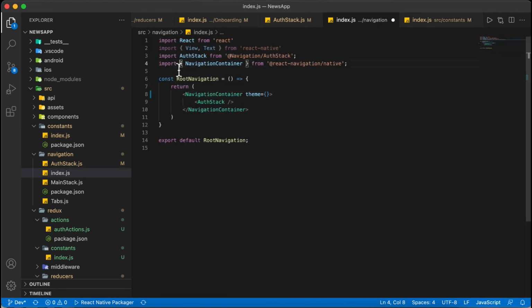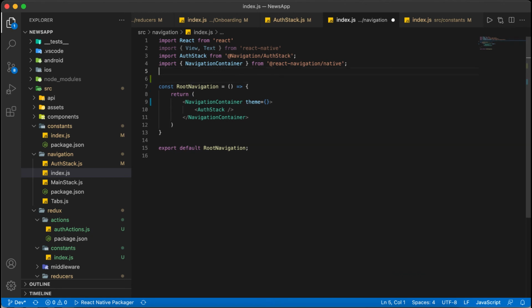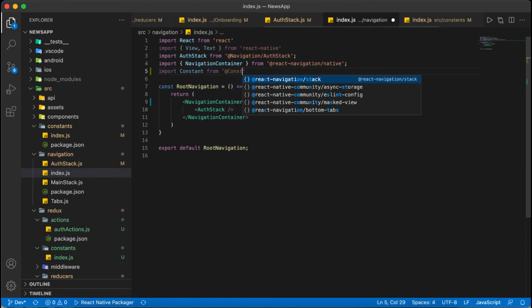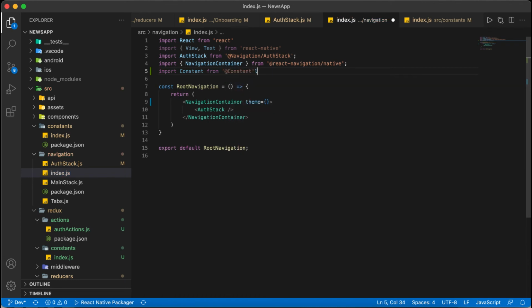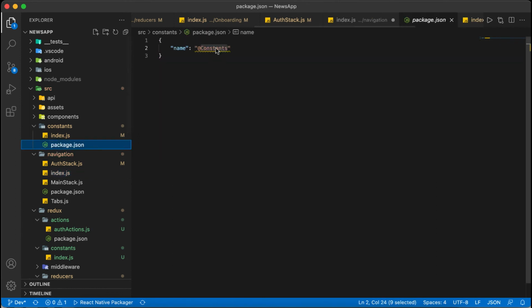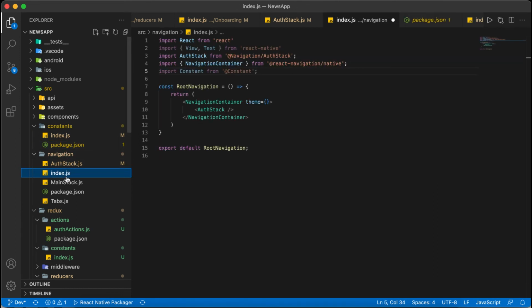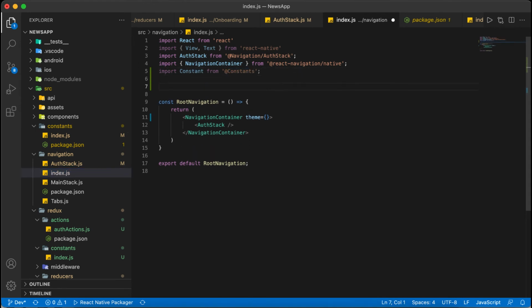Here we will import constants from the alias. One s is attached, so I need to replace that. Then we will destructure the themes from constants.